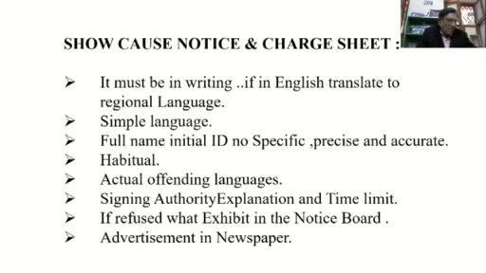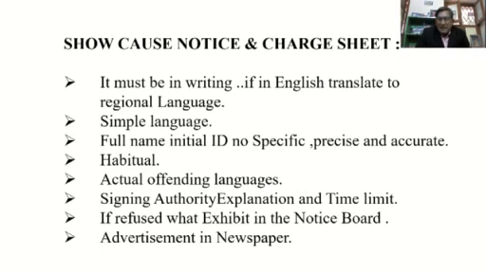For example, in the model standing order, the clause says habitual absence or inability to attend work, in brackets absent, or being unable to attend work continuously for more than 10 days. You have to mention it is under class 16 subclass 5. Class 16 subclass 5, you have to mention this and say that this is the misconduct as per the model standing order about your absence. And then, in the last paragraph, tell him that